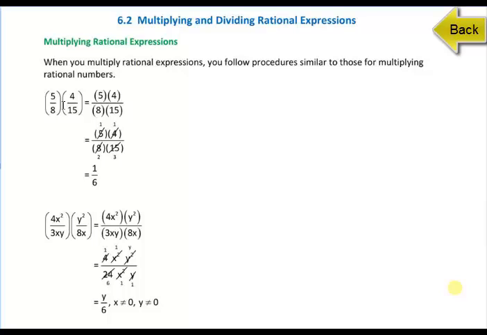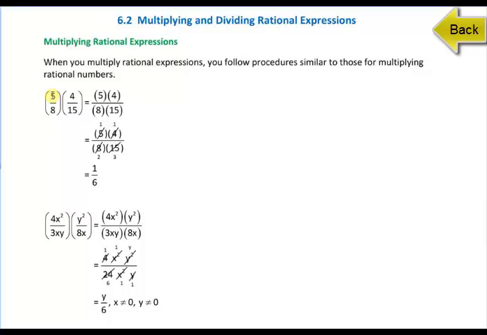So the procedure that you would use to multiply rational expressions is very similar to the one that you would use to multiply rational numbers. So just a couple of examples here. We'll take a look at one where we're just multiplying numbers without variables, and then we'll take a look at numbers with variables. So when you multiply 5 over 8 times 4 over 15,